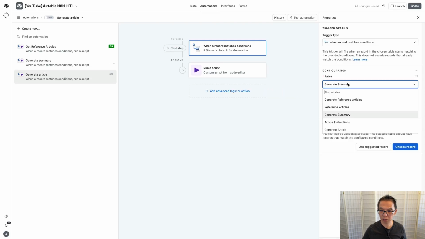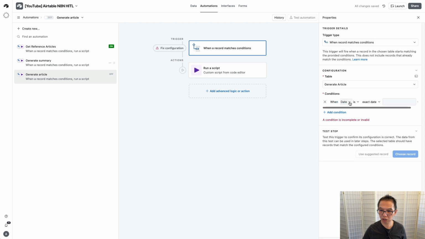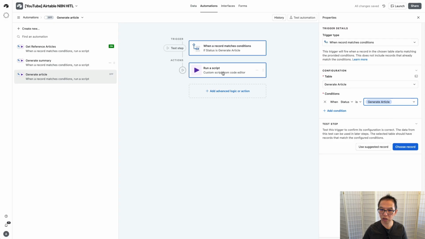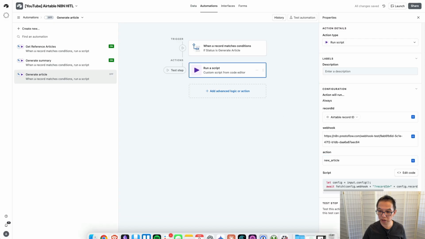And then we want a table is generate article. Status is generate article, and the script, let's call it new article. All right, so now I will jump into n8n,